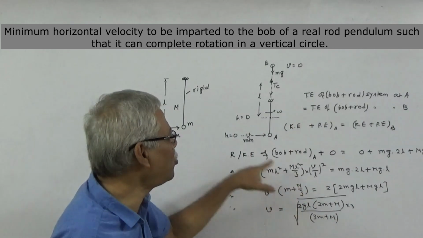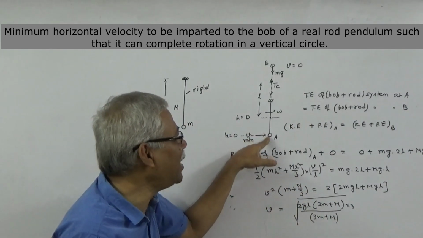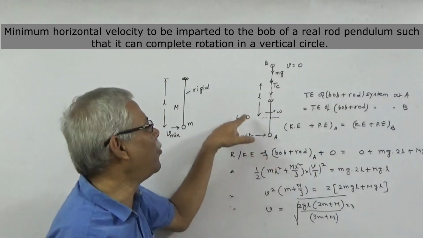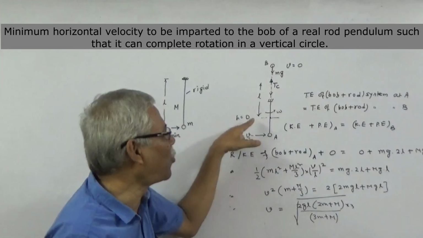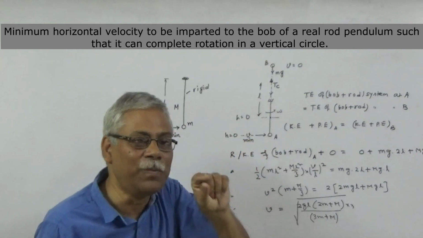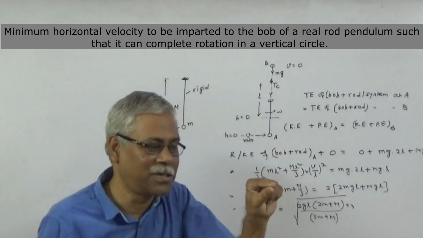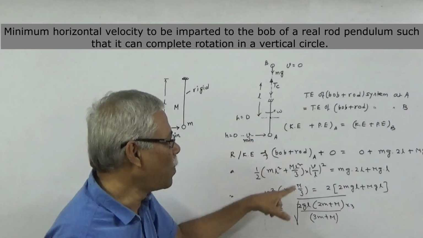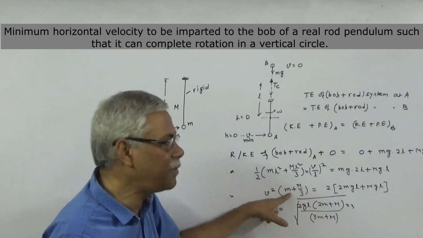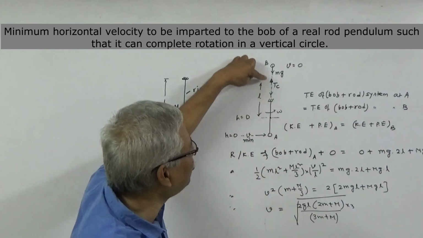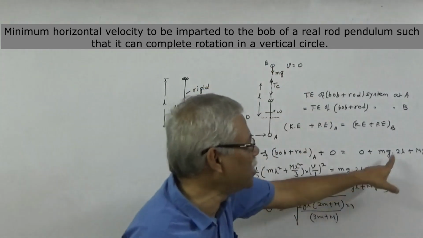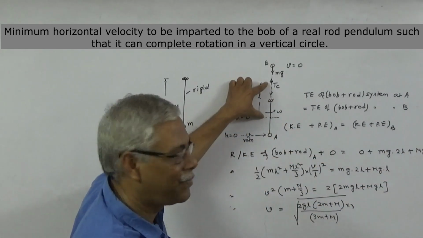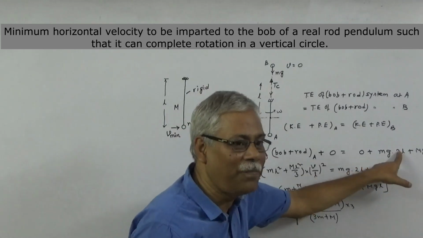0. Why is it 0? Because we are measuring the height of the bob from this position. So the initial height of the bob is 0, and we are measuring the height of the rod from this position. For the rod, you have to measure the height of what? The center of mass. Do not forget that. For the rod, you will measure the height of the center of mass. So it is 0 in the initial position. Finally, the center of mass has gone to this position. So what is the final potential energy of the rod? MgL. This distance is L. And what is the final potential energy of the bob? mg into